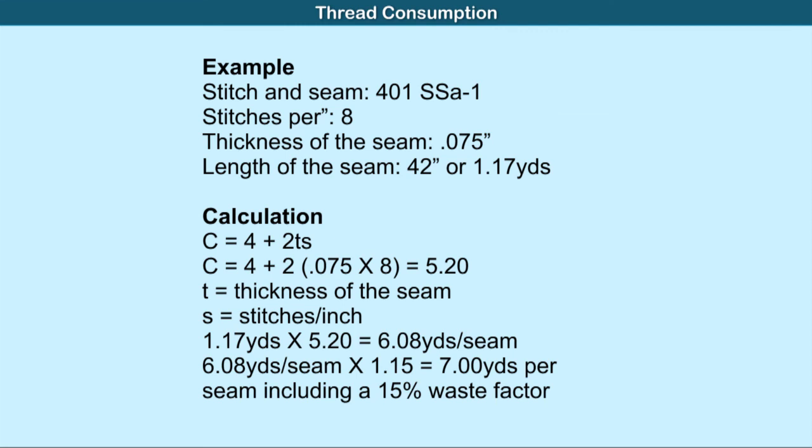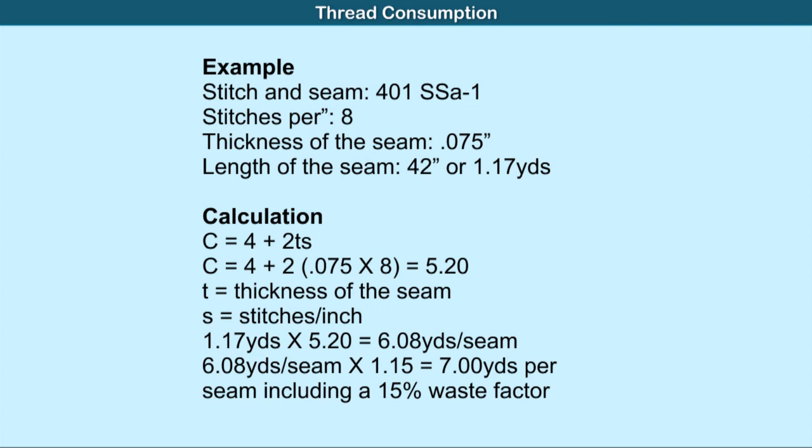For example, the stitch and seam is a 401 superimposed seam. Stitches per inch, SPI, is 8, and the thickness of the seam is 0.075, measured with a micrometer. The length of the seam is 42 inches or 1.17 yards. Then